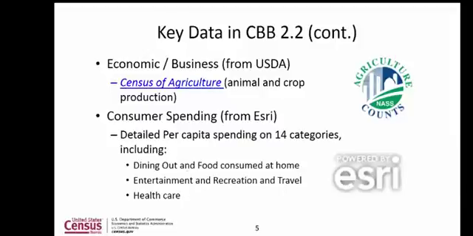And then I want to quickly note that the ESRI data are usually, because ESRI is a for-profit, private sector company, something you would pay for, but accessing it from our portal, it's absolutely